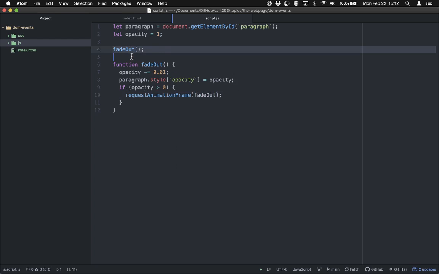So this call to fadeOut up here sets the process going, right? The opacity is 1, we call fadeOut, it reduces the opacity a bit, sets it on the element, and then checks, is it still bigger than 0? Well, of course it is, because we've only taken a small amount off. And so it says on the next animation frame, call fadeOut again. This is sort of like a draw loop now, right? This is basically like a draw. It reduces the opacity again, sets it, is it still above 0? If it is, do it again on the next animation frame. So this is going to keep looping, just like draw, until the opacity reaches 0. When it reaches 0, it's not going to ask to be run again in the next animation frame, and so the animation stops. So if we head back,